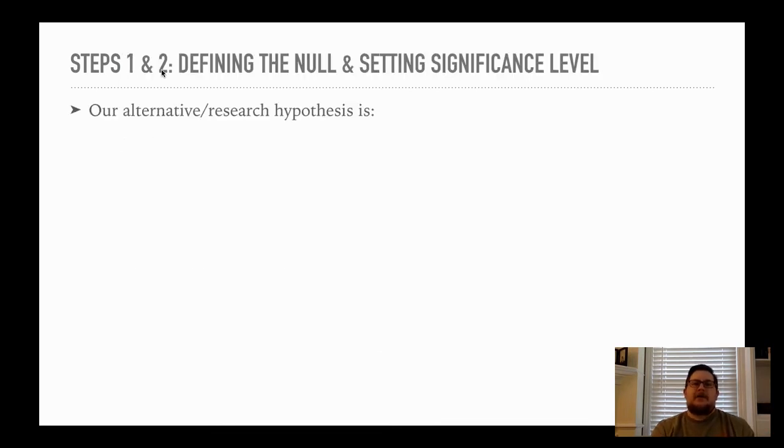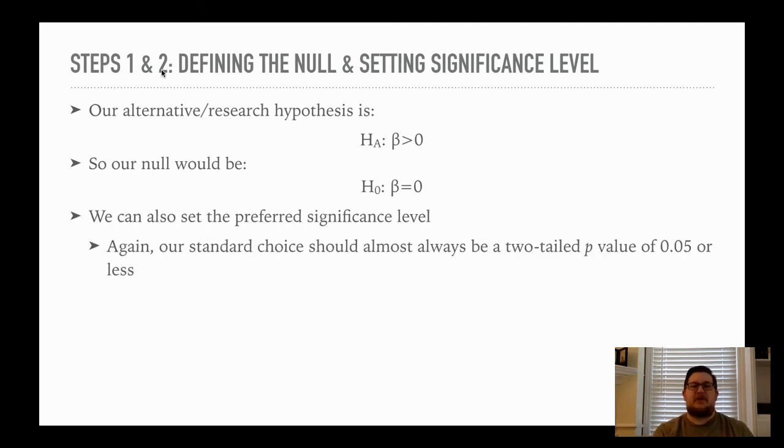Step 1. Now, let's say our alternative or research hypothesis is beta is greater than 0. Again, we think more civil liberties for women should have a positive effect on the relative representation of women in the national legislative lower chamber. Of course, our null would be that this is equal to 0. We assume our null is true in the population. Now what we want to see is, based on our sample, how likely is that null to be true?